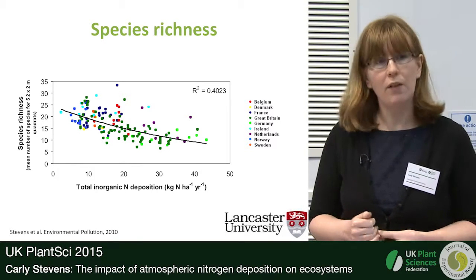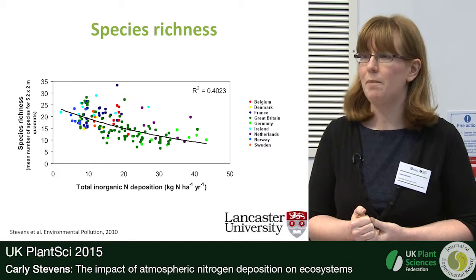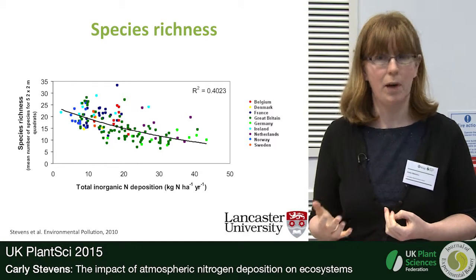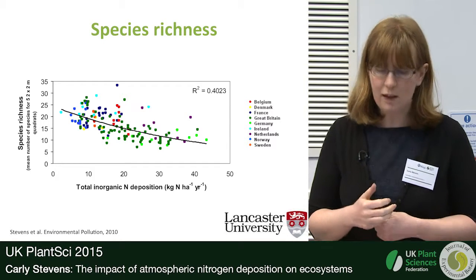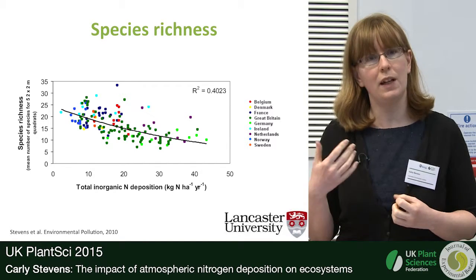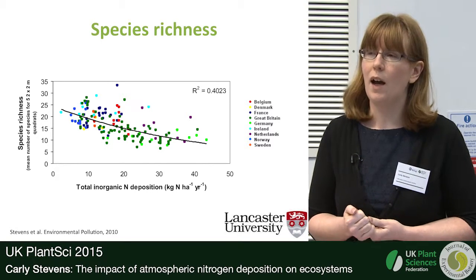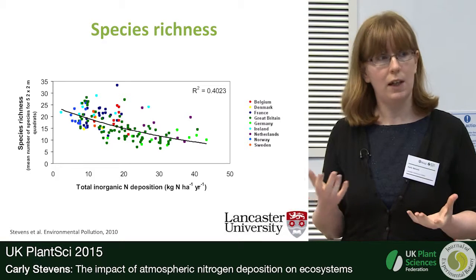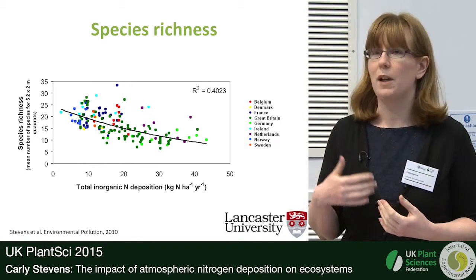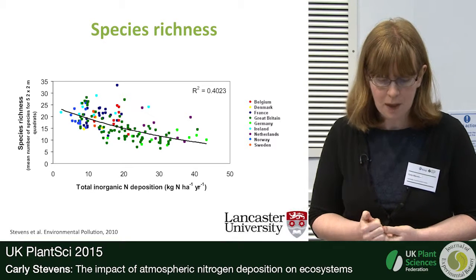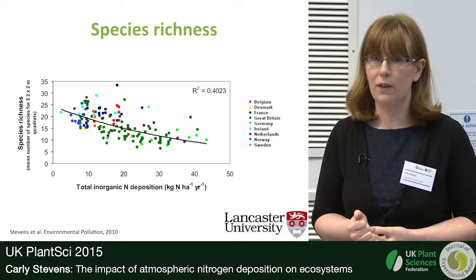This is a survey that we conducted across the western zone of Europe, the Atlantic biogeographic zone. And we used a standardized method within a single plant community, an acid grassland community. It would typically be a grassland that's used for extensive pasture, so it's grazed but at low intensities. And we see very clear declines in species richness along that gradient.